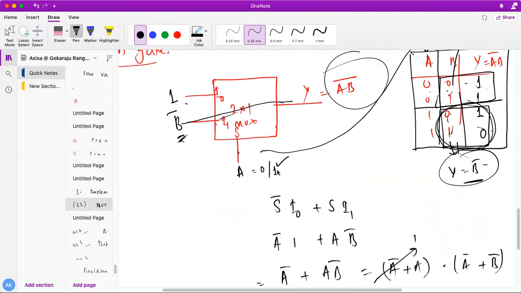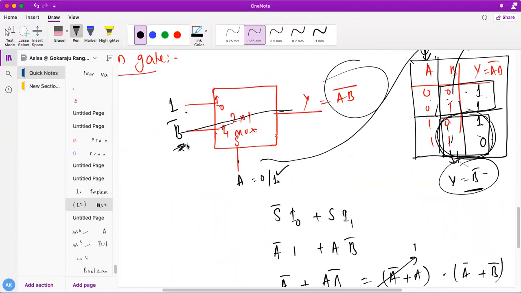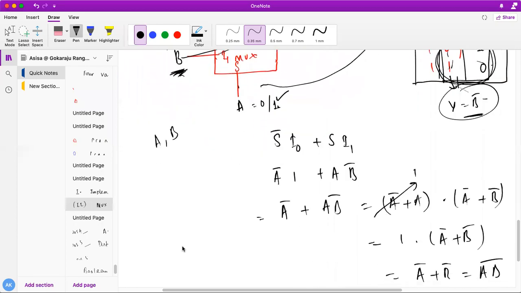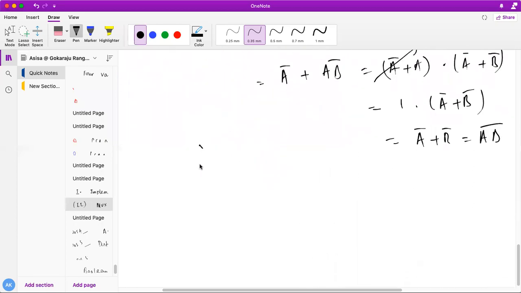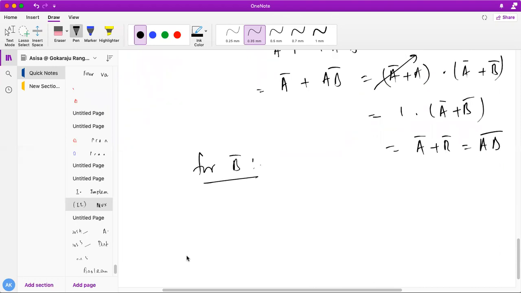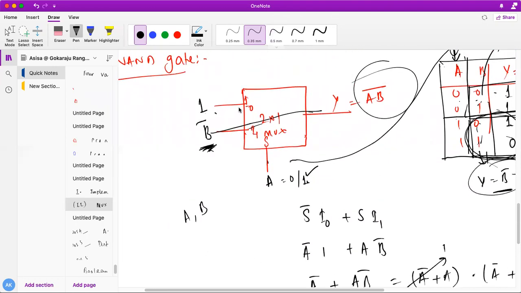Now the question is here, it is B bar, students, it's not B. I will be having always input A and B, but it requires another B bar over here. So another 2x1 mux is required. In order to implement this B bar, I require another 2x1 mux. So in order to design a NAND gate, how many 2 cross 1 MUX are required? 2 number of 2 cross 1 MUX are required, because there is another input I have achieved here, B bar actually.